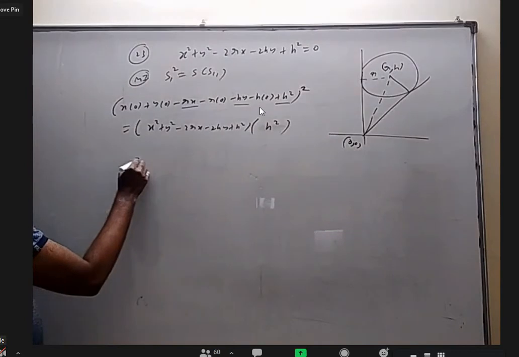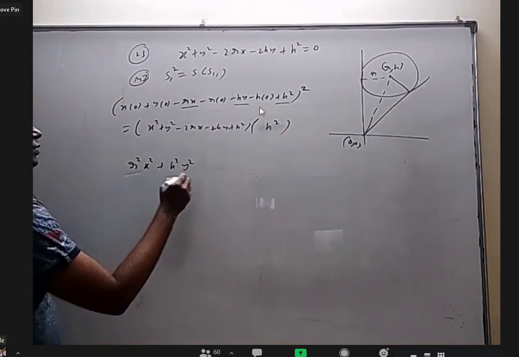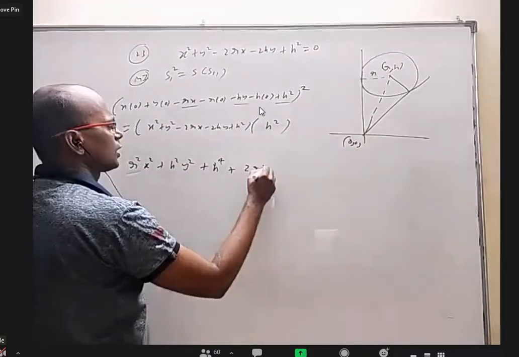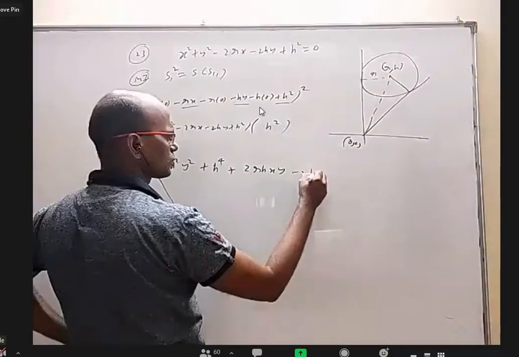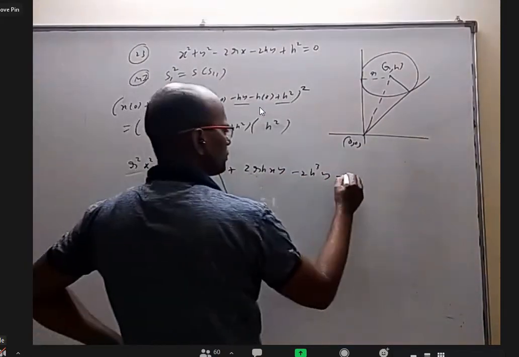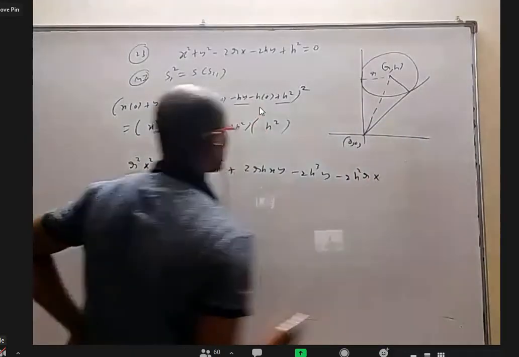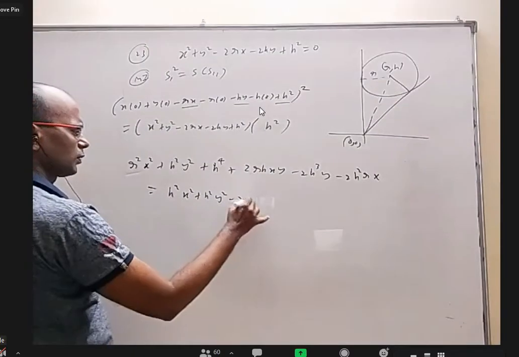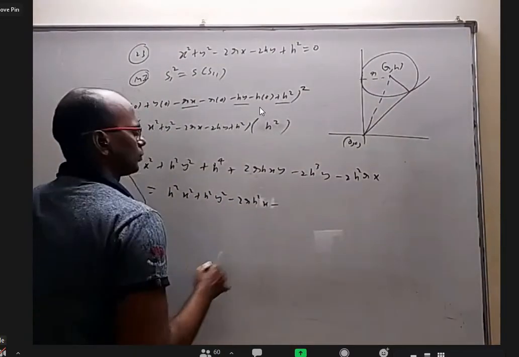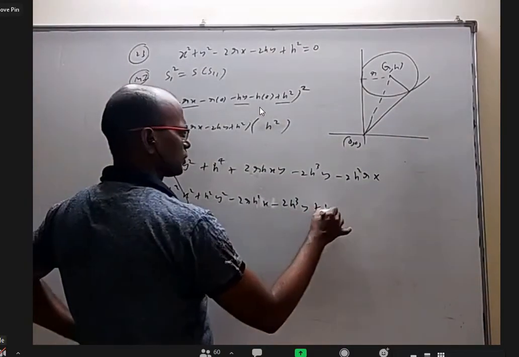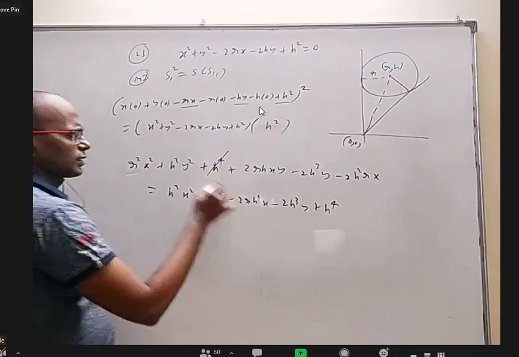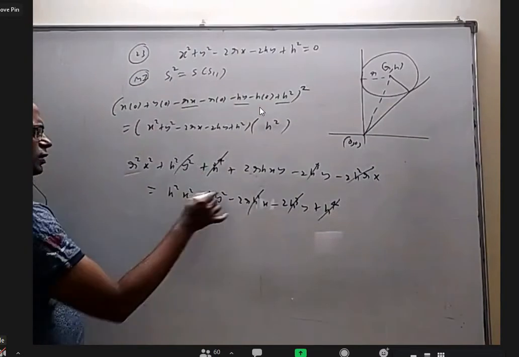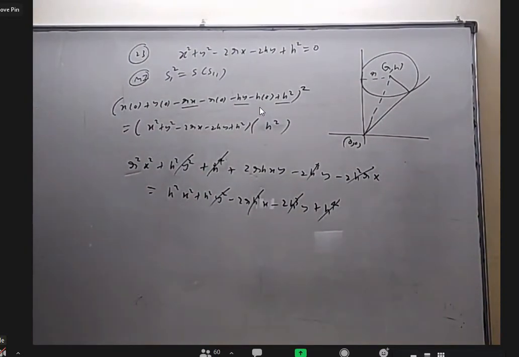Now expand it, r square x square, h square y square plus h power 4 plus 2 into this is 2rhxy. This into this minus 2h cube y. This into this minus 2h square rx. Here when I multiply with this h square y square minus 2rh square x minus 2h cube y plus h power 4. You can see a lot of times got cancelled. h power 4 got cancelled, minus 2h cube y minus 2h square rx, even h square y square got cancelled. That's it, we are left with only 3 terms.